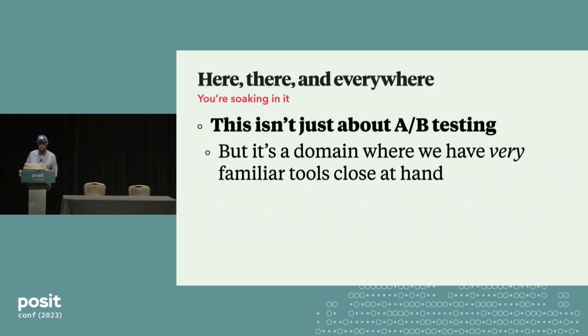And this isn't just about A/B testing. Data scientists sometimes love a tool and apply it not super discriminately to problems, and so we end up with lots of places where the tools we've handed stakeholders aren't exactly the perfect fit for how they think about it. A/B testing is a really interesting case because it's a domain where it feels like this is a solved statistical problem. This should be really straightforward, and then you go try and use it in practice, and it gets messy really fast.